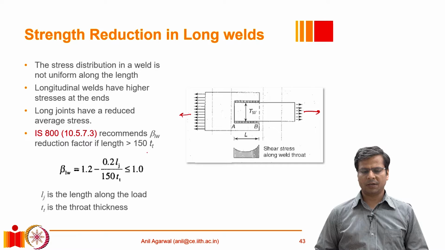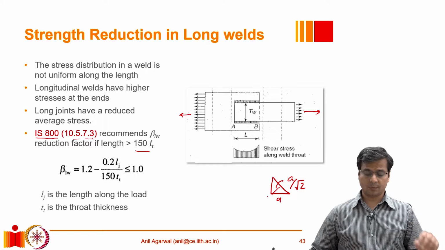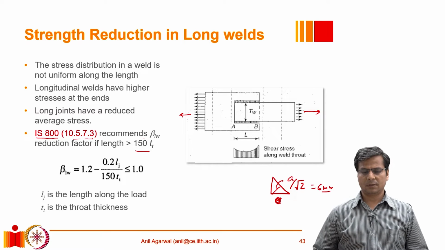So the recommendation in our Indian standard IS 800 in clause number 10.5.7.3 is that if the weld is longer than 150 times the throat thickness of the weld. So if it is a fillet weld, the throat thickness would be A divided by root 2. This is A. So the throat thickness will be A divided by root 2, and 150 times that. So if, let's say, A by root 2 is equal to 6 millimeters, then 150 multiplied by